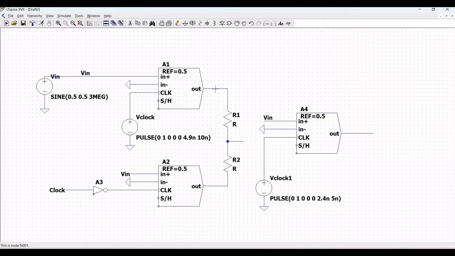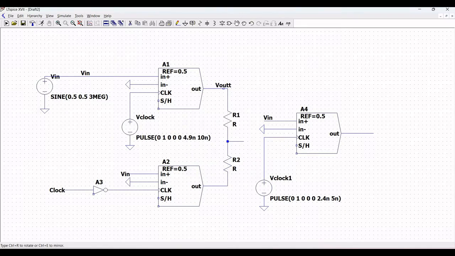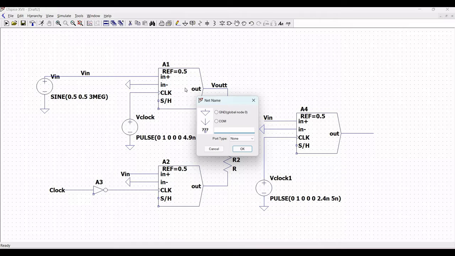Now click on label net and place the Vout T across the first sample and hold behavioral functional block output and define this as Vout B for the second sample and hold functional block